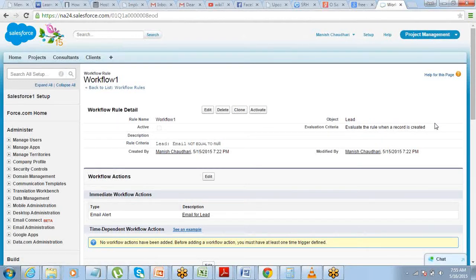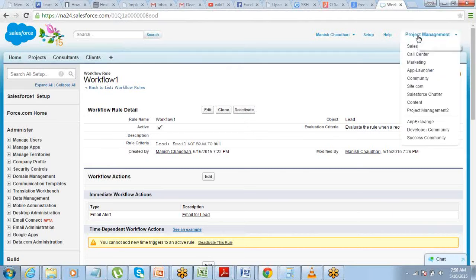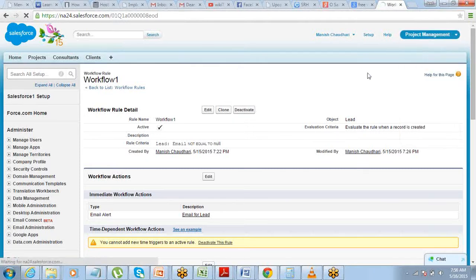The workflow rule by default is not activated. You have to click on this activate button to activate this. Okay. If it is not activated, then it will not work. All right. Sometimes you don't want those emails to be sent. So in that case, you can just deactivate it. Okay. And when you want this rule to work, you have to activate it. So now let us go and activate this rule. Activate it. All right. Now if I create a lead which has an email ID, automatically an email will be sent to that lead.